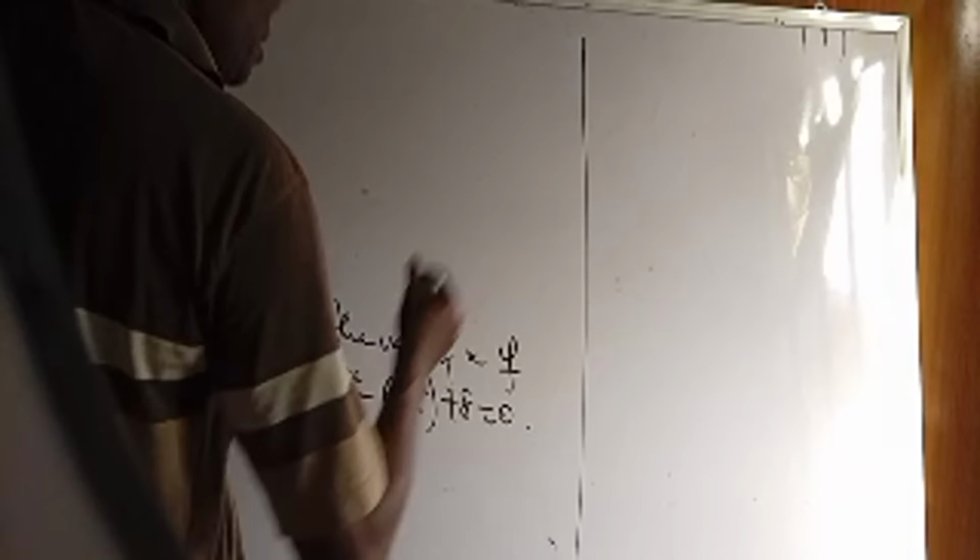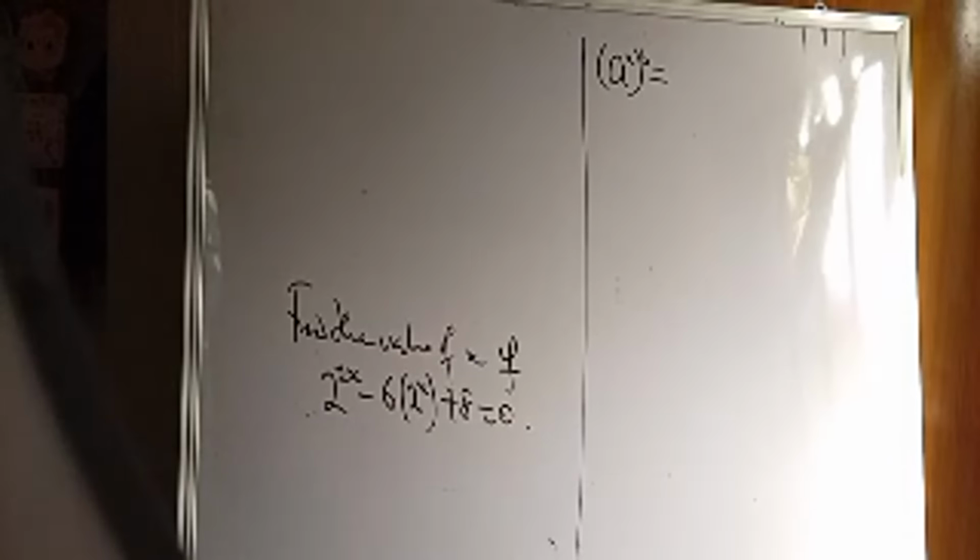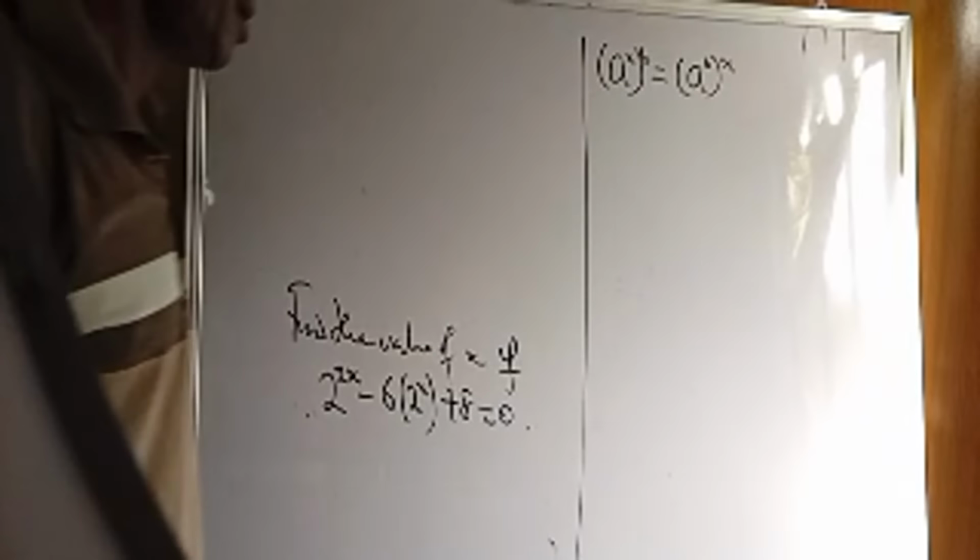Raised power x is common. So we can change this as what? Remember, in indices, we have a raised power x raised power b. If you have something like this, you can write it as a raised power b raised to the power of x. You can interchange the position of the exponent. So in this case now, we can rewrite this as